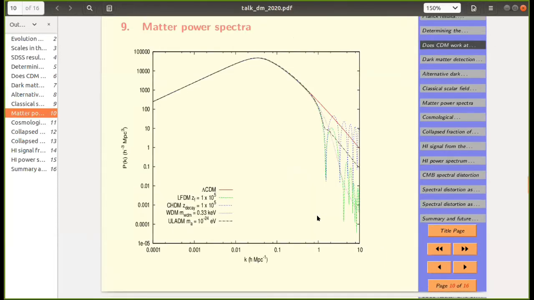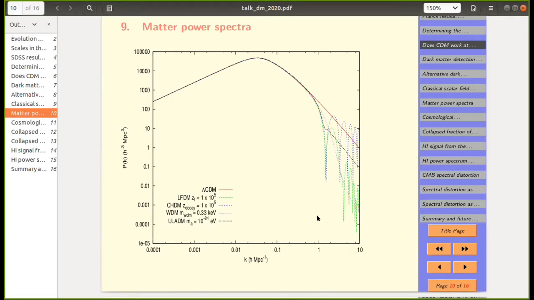Here is a plot which shows different power spectra against the usual lambda CDM model. And you can actually see that they are tuned in such a way that you do not want them to differ from this up to k equal to 0.1. You can see that that's what I said. Up to 0.1 or 0.2, they should not differ much from the usual model. They should look more or less the same. But at smaller scales, there could be significant deviation.